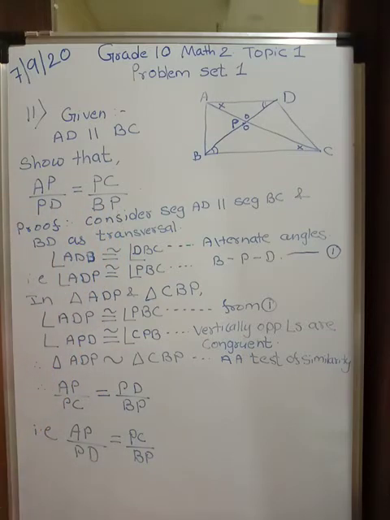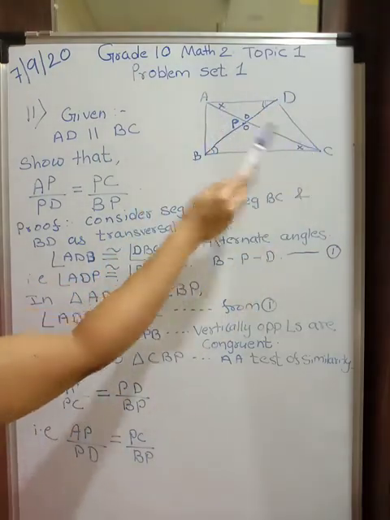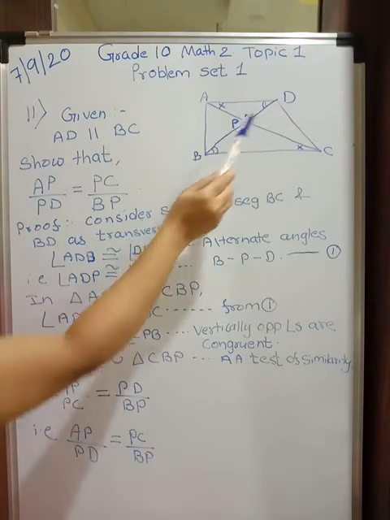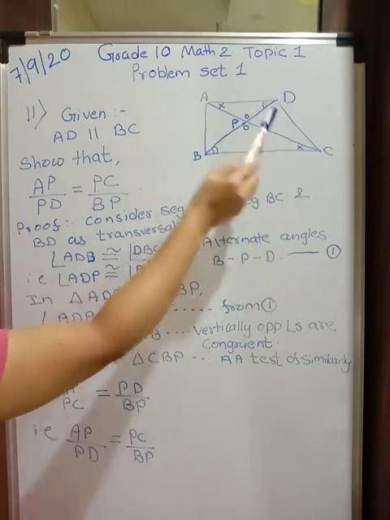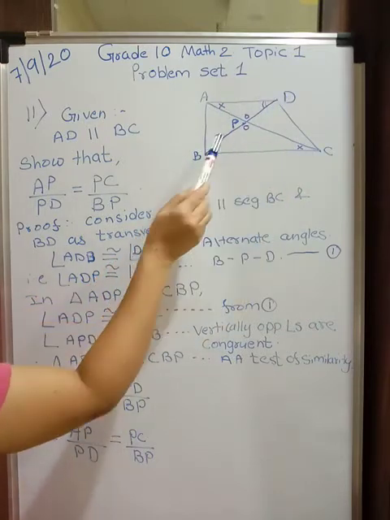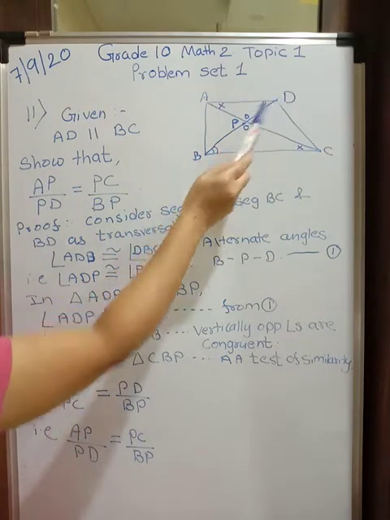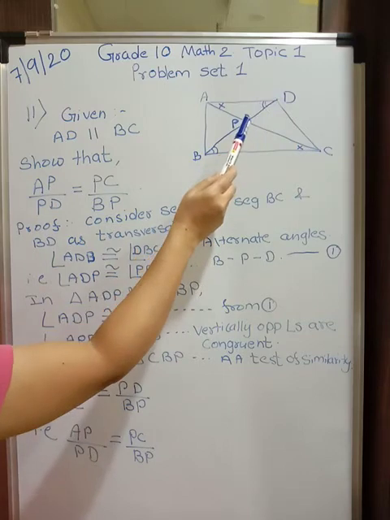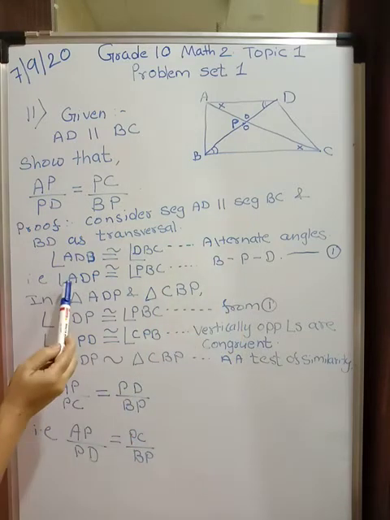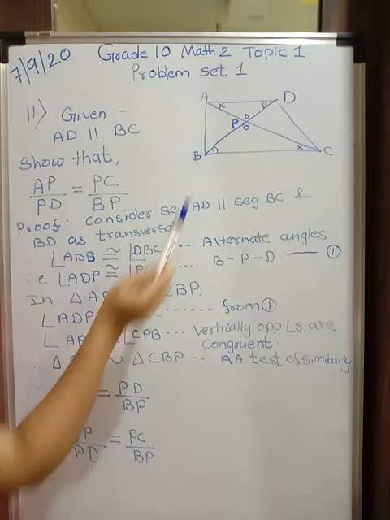Just see now. It has already been given that this line AD is parallel to BC, and these two are diagonals which are intersecting at P. Now consider AD parallel to BC and BD as a transversal. Can you see these two angles? They are forming a Z. So angle ADB and angle DBC are alternate angles, so they will be congruent. But angle ADB is the same as angle ADP, because this is just an extension of the arm. So angle ADP is congruent to angle PBC.